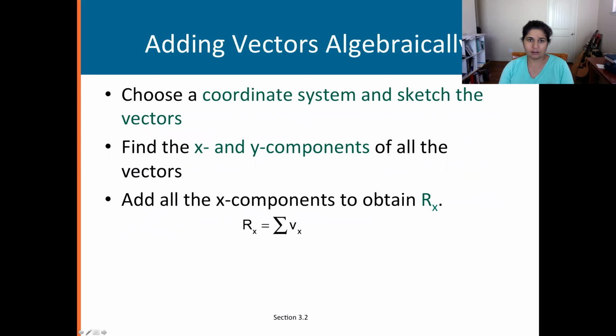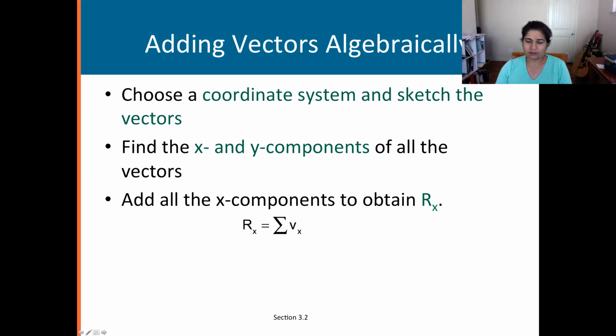Okay. Now we're next going to look at adding vectors algebraically. For this, we need to do components of a vector, okay? So we're going to first choose a coordinate system so that we have our x and y axes well defined, and let the vector of interest be some resultant vector R, okay? So